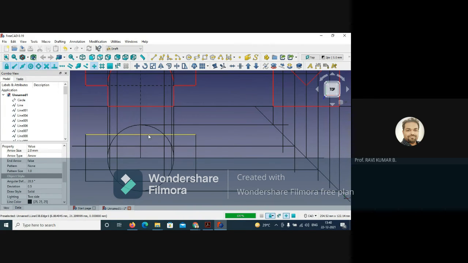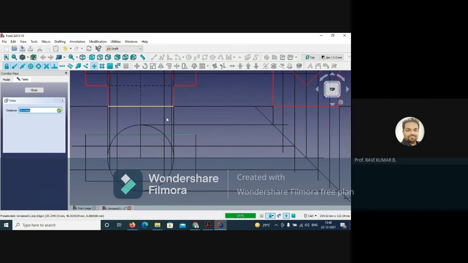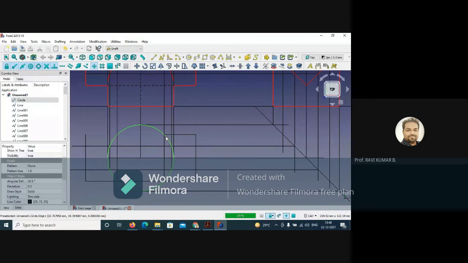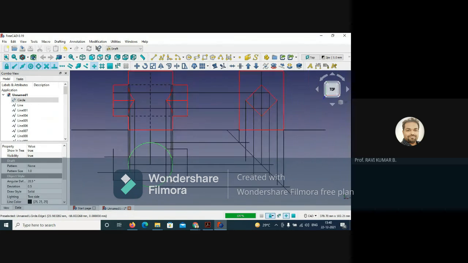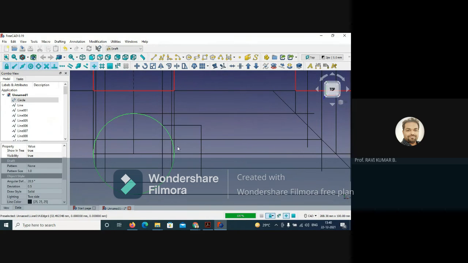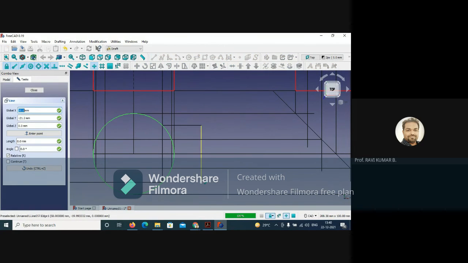So here again use the extend command, extension line, and we have to go only up to the circle. Select this one also and extend up to the circle. So okay, this is only taking this much, no issue. We can draw the line again.